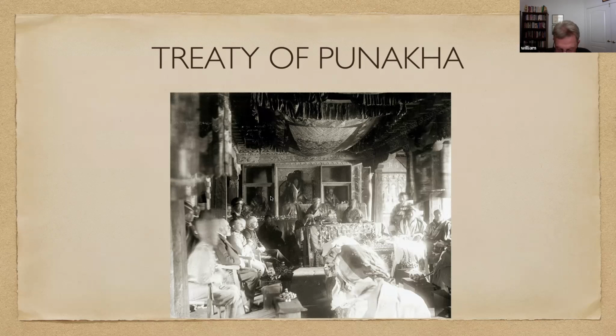This was known as a subsidiary alliance. This is the way the British controlled various princely states in India. What it did, because the British had military power, and these princes recognized it, in return for protection of Britain's military power, the princes handed over certain rights to the British. They were allowed more or less to control their own affairs as long as they didn't disturb the growing British